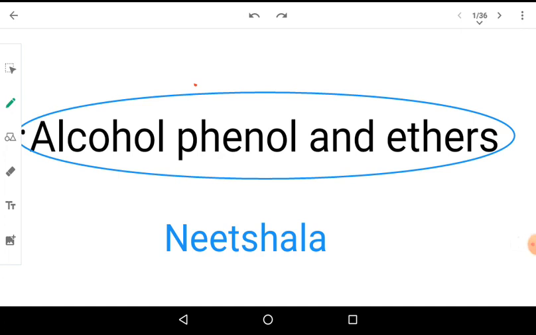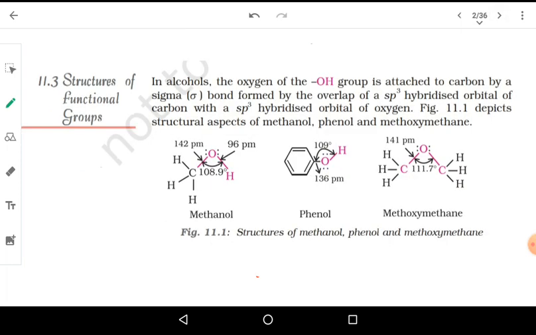In this lecture, we'll be discussing the chapter Alcohols, Phenols and Ethers. This chapter will be taken up in two lectures. In the first part, we will be discussing the preparation and physical properties of alcohols, phenols and ethers. So let's get started. The first topic that we have to discuss is the structures of the functional